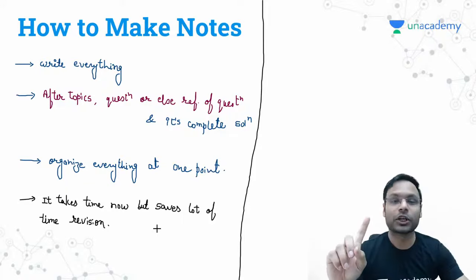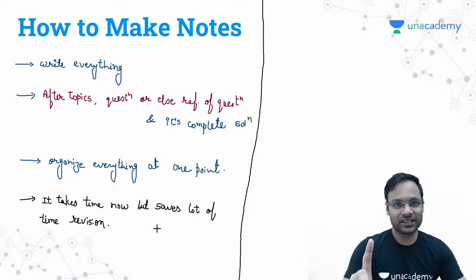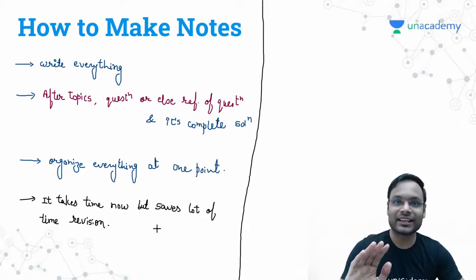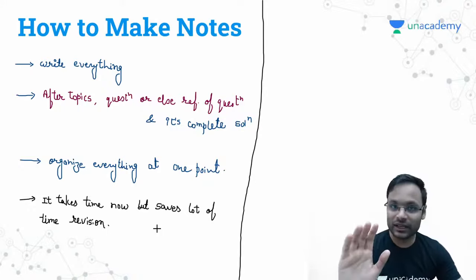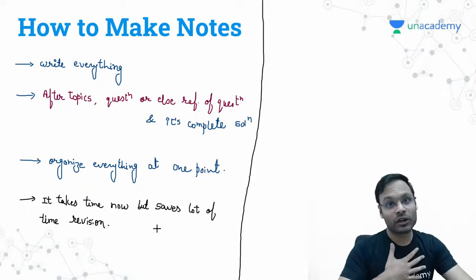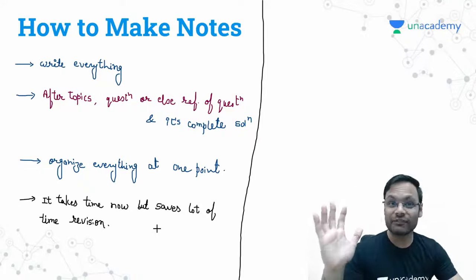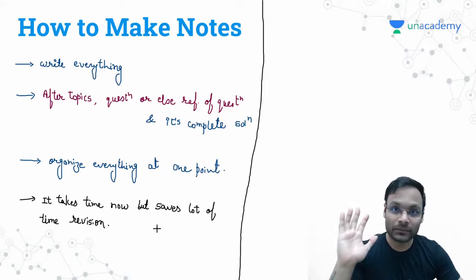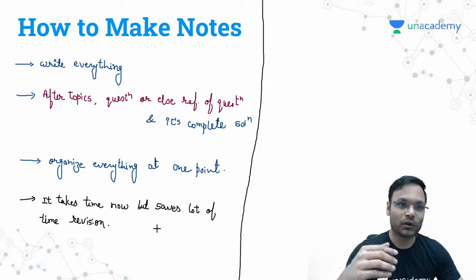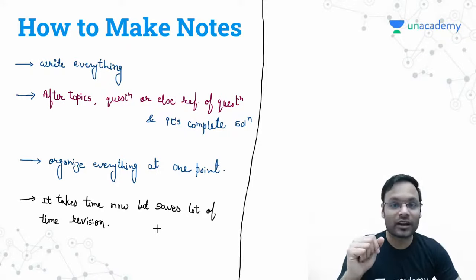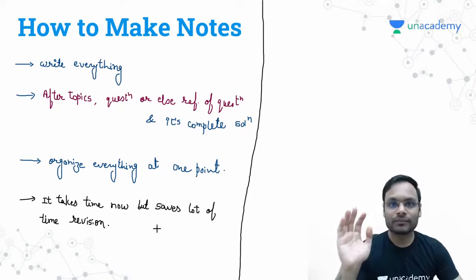Okay, a quick question to everybody. What is your goal? Is your goal to get more marks in the GATE exam or to cover more syllabus in less time? Tell me, what is your goal? Ultimate goal is to cover more syllabus in less time. No, I have covered the syllabus in August, so I will get 5 extra marks in the GATE exam. I have covered the entire syllabus in just July itself, so I will get 16 marks extra in the GATE exam. I covered my syllabus up to November, so they have cut 5 marks from my GATE exam just because I was late in covering the syllabus. Nothing happens like that. So what is your goal?